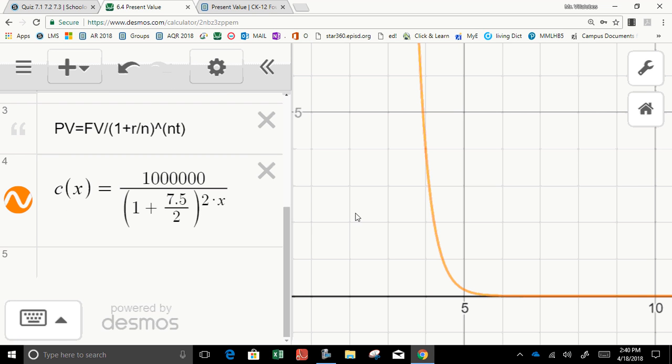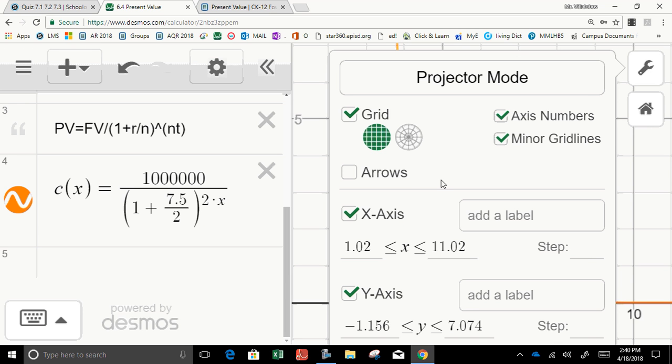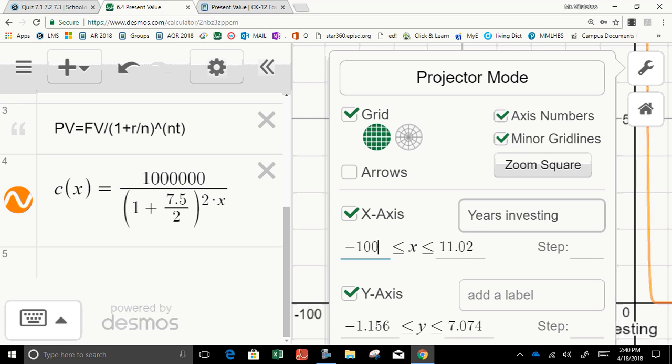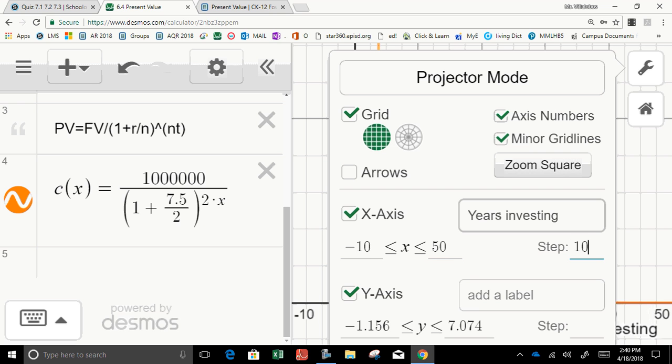Wow. Like that? Yeah. All right. And this, really, the x-axis is years investing, from negative 10 to, I don't know, 50 years, by 10-year intervals. I check on my account. And then this is